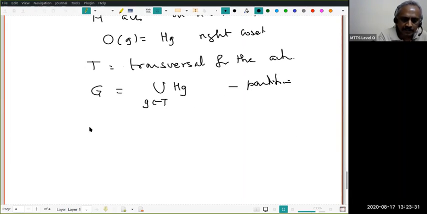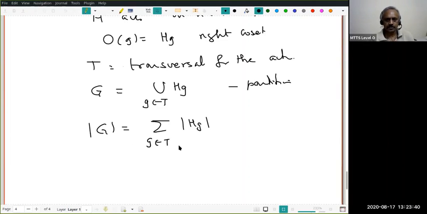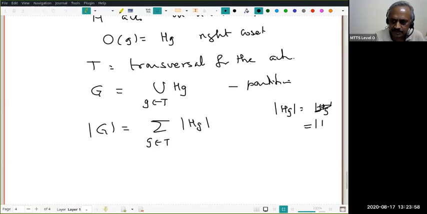Therefore, by the earlier result, the number of elements in G equals the sum of the number of elements in each of the orbits, as the orbits vary over distinct orbits. But what did we know? We already know the number of elements in Hg is exactly the same as the number of elements in H, via the bijection h going to hg.